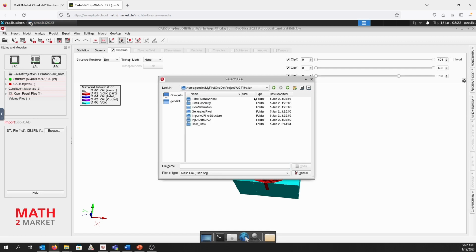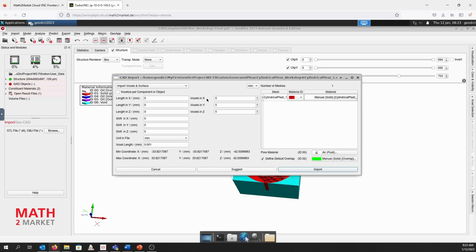Here we navigate again to the provided folder. We click into the generated pleat folder. We double click the cylindrical pleat workshop, and we'll find a cylindrical_pleat_1.stl, and we double click it.